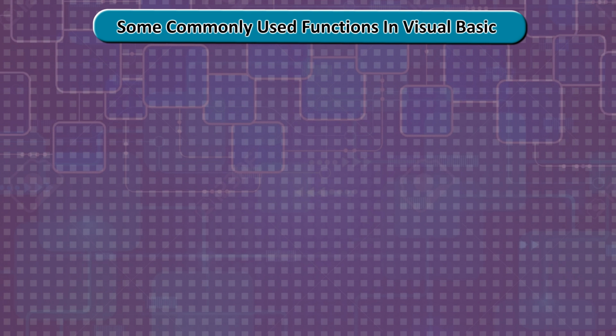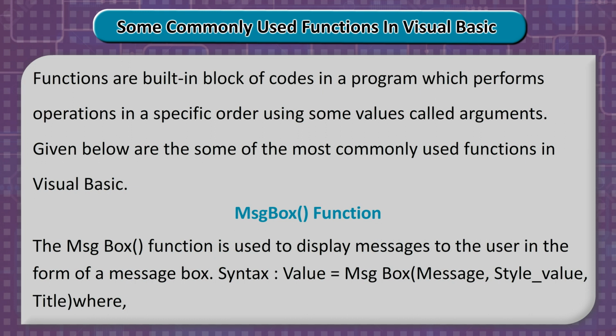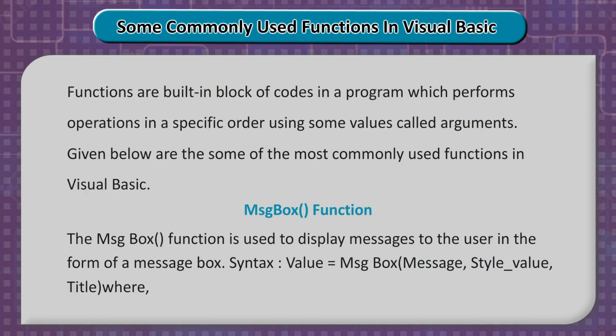Some commonly used functions in Visual Basic. Functions are built-in blocks of code in a program which perform operations in a specific order, using some values called arguments. Given below are some of the most commonly used functions in Visual Basic. Message box function. The message box function is used to display messages to the user in the form of a message box. Syntax: value = MsgBox(message, style value, title), where